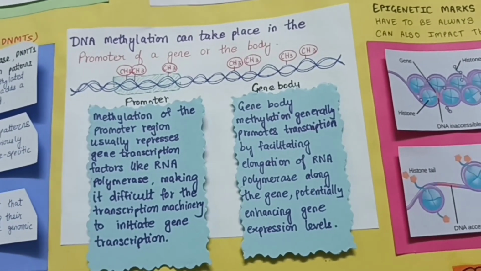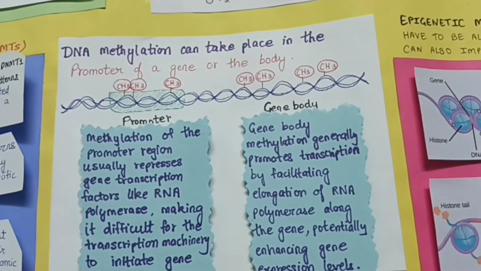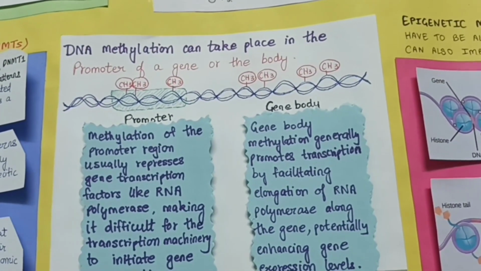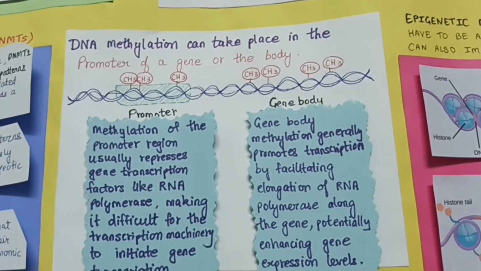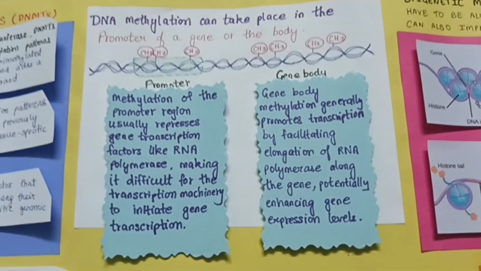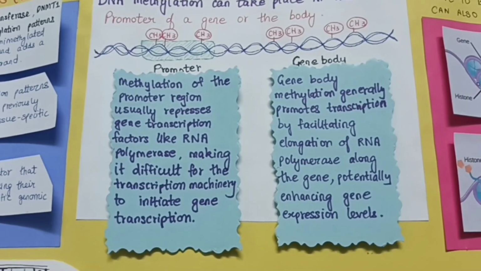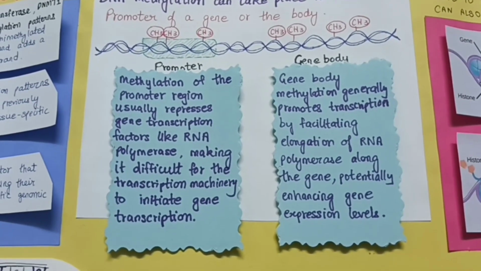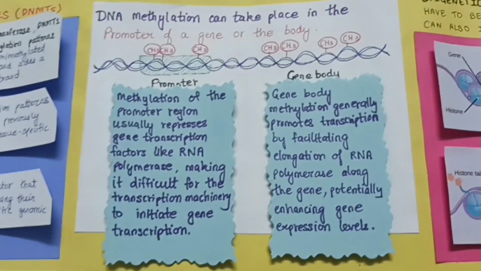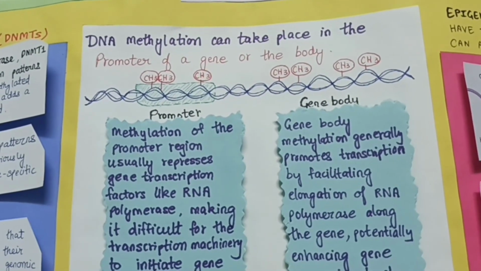So, when we talk about the promoter region, we know that the promoter region has elements which are essential for the initiation of transcription. It is the recognition site of RNA polymerase. So, methylation of the promoter region usually represses gene transcription, making it difficult for transcription factors like RNA polymerase and machinery to initiate gene transcription. So, what happens when your promoter region is methylated is that it alters the DNA structure